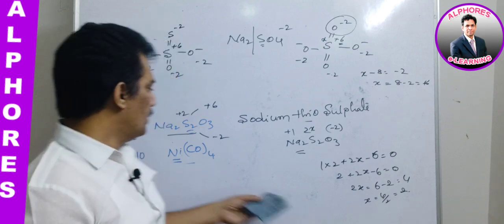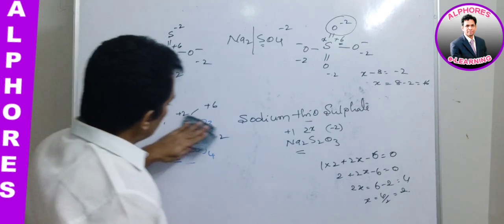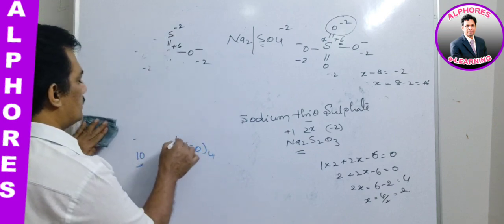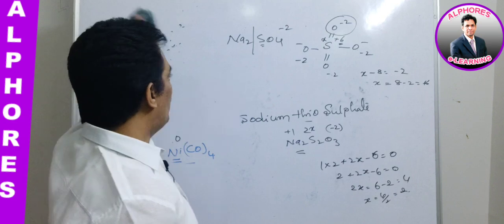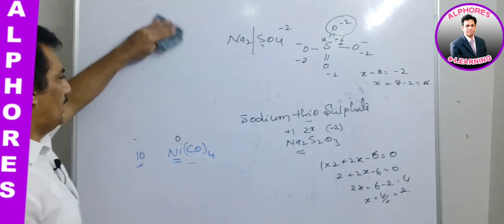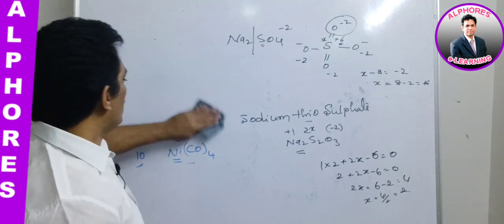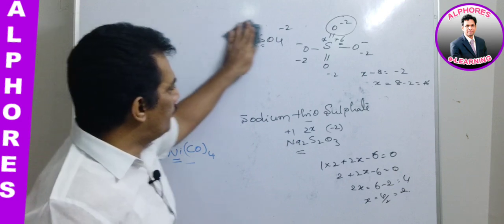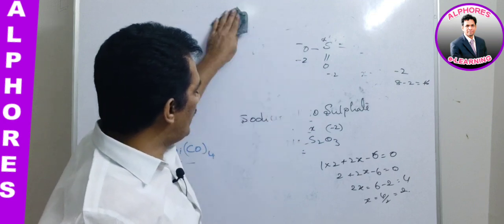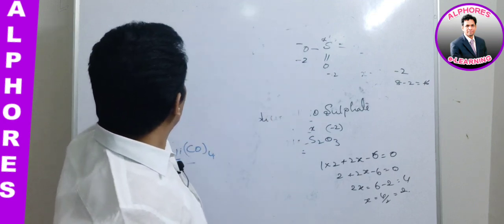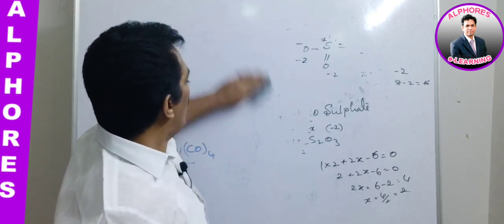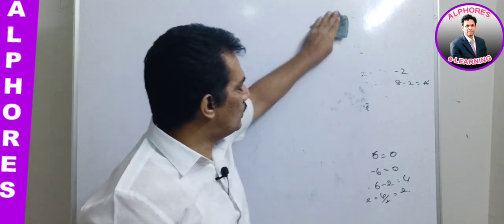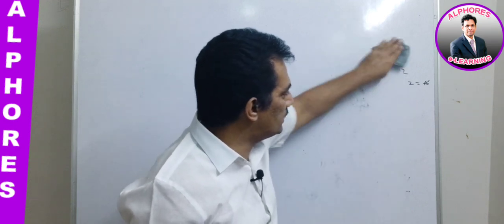Clear? And now coming to the next one, it is also an exception case. Here nickel oxidation state is 0 without any rule. Why am I giving that? My dear children, just remember, for any metal carbonyls, the CO when present with metal, those compounds are known as metal carbonyls. In metal carbonyls, the oxidation state of metal is taken as 0. It is considered as 0.